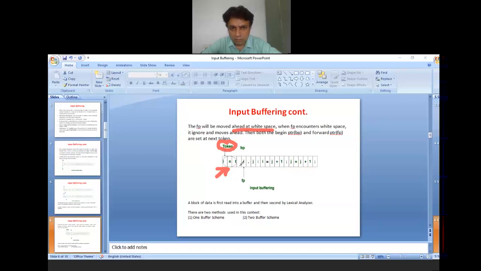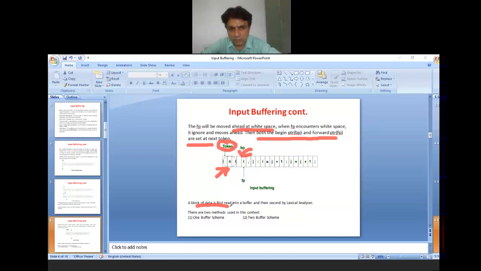Now, after the blank space, again the two pointers, the begin pointer and the forward pointer, are at the same location. You can see in the figure that both are pointing to the i location. Both pointers are set to the next token.